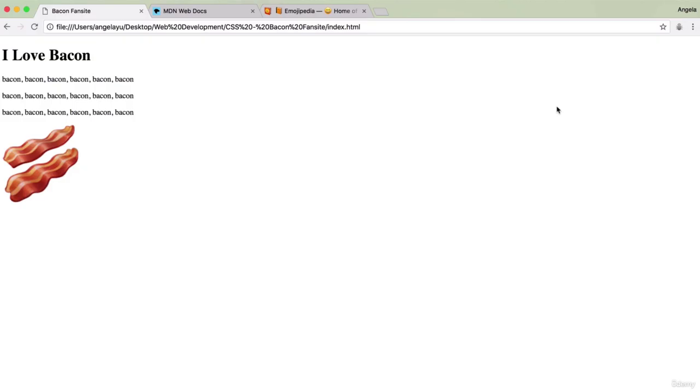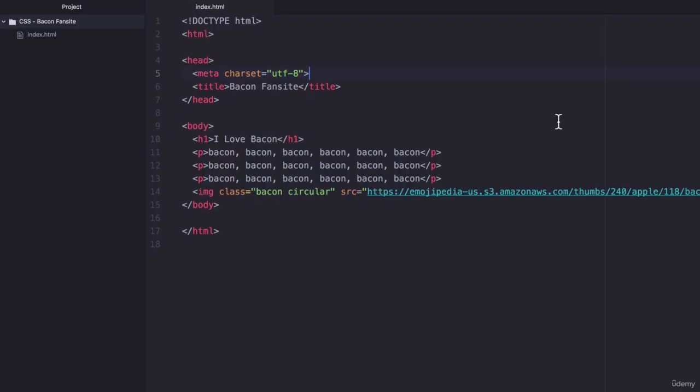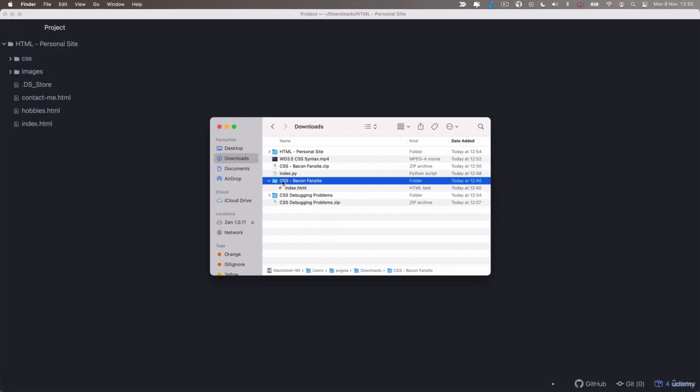Now let's take a look at that in real life. If you look inside the resources of this lesson, you will find a zip file called Bacon Fansite that you will be able to download. And once you unzip it and extract the files inside, you should find a folder called CSS-Bacon Fansite. Now go ahead and take this folder, CSS Bacon Fansite, and drag it into your project sidebar right here below